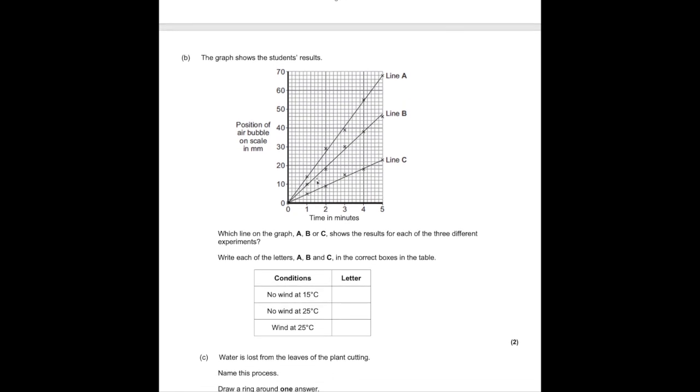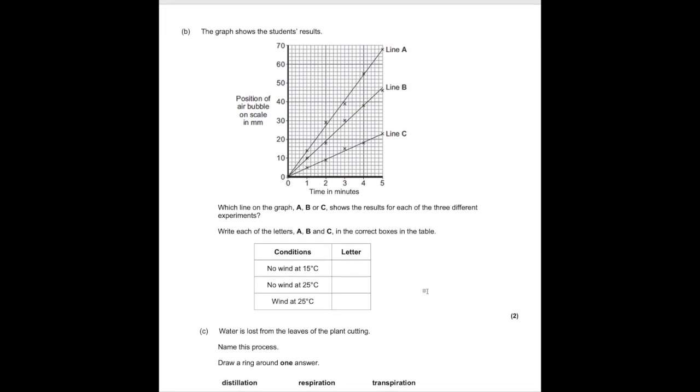The graph here shows the students' results. So which line on the graph A, B or C shows the results for each of the 3 different experiments? So we can see here that line A shows that the air bubble travelled the largest distance. So for line A, the transpiration rate would have been the highest. Line B was the second highest rate of transpiration, so it travelled about 46 millimetres in the same time that